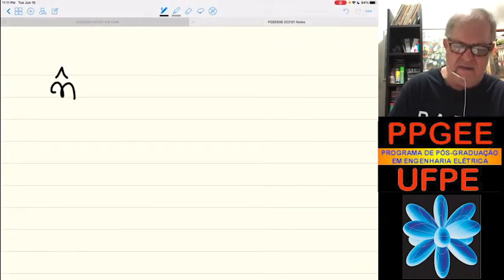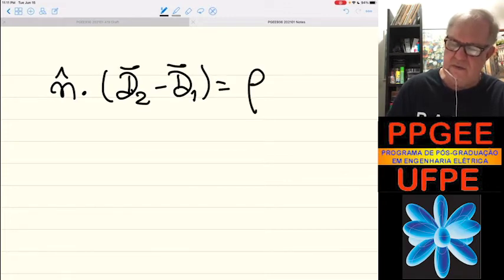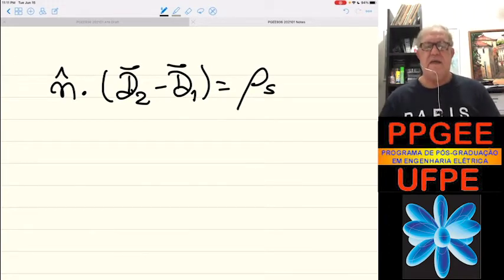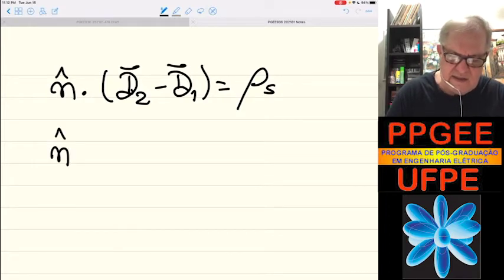We have N dot (D2 minus D1) equals rho tilde, the surface charge density. So there's a discontinuity in the normal projection of the electric displacement vector D, equal to the surface charge density. The other equation is N dot (B2 minus B1)